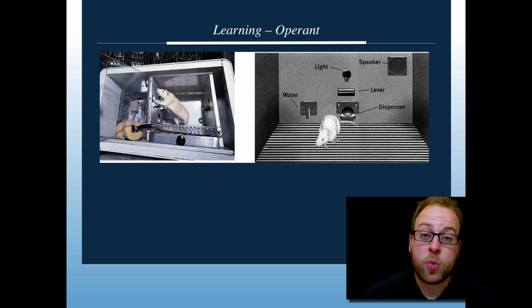These chambers were designed to help us understand the ways in which animals learn. If I want to teach a rat to press a lever to get fed, that's a non-natural behavior. Rats don't have levers in the wild that produce food for them. So there's no unconditioned stimulus really to work with here. Instead, I have to condition a chain of stimuli to encourage an animal to do a behavior that's non-natural.